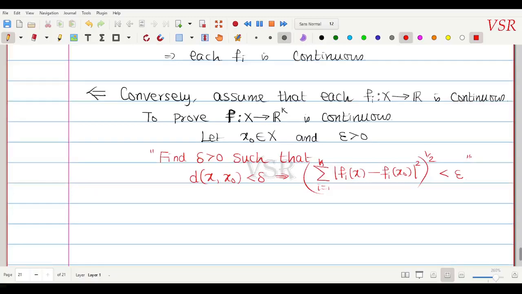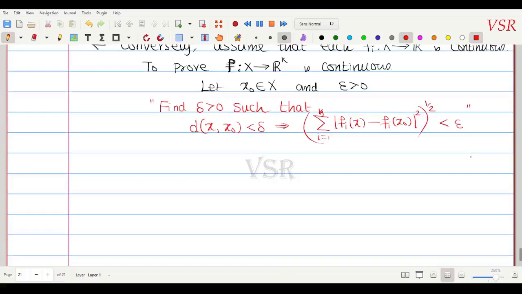So this is the theorem. This is the delta you want to find. Find the delta positive which satisfies this condition. Okay, so we'll go to the proof. இப்போ since